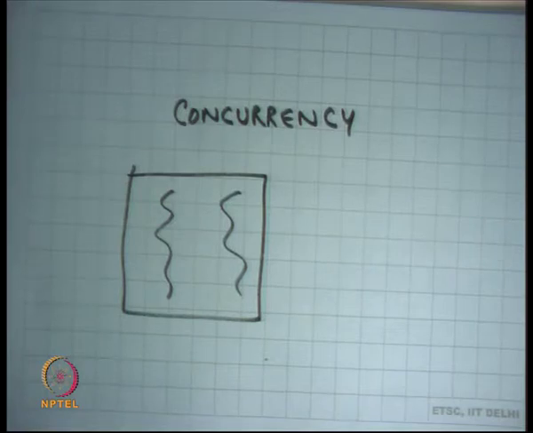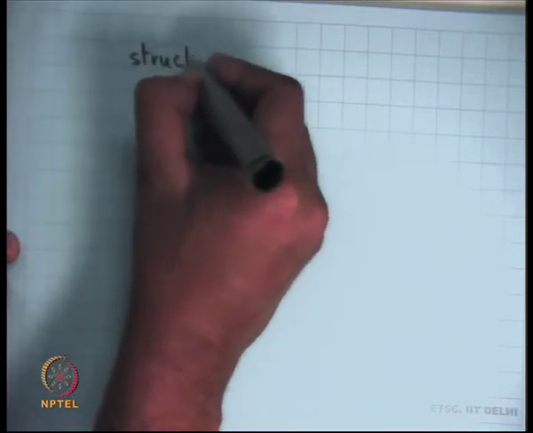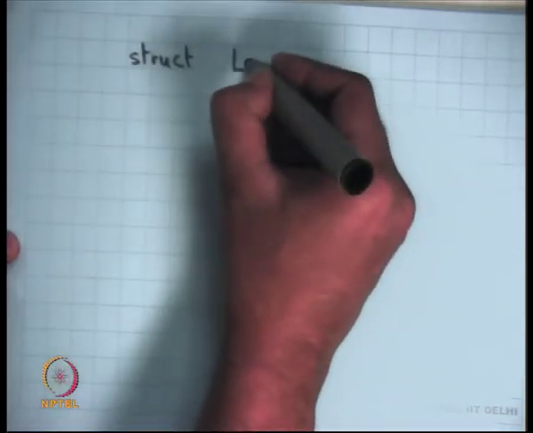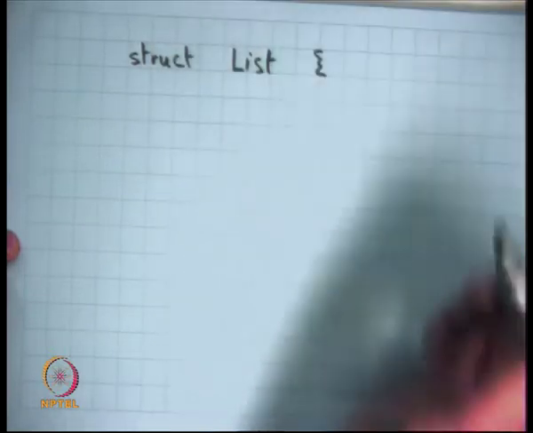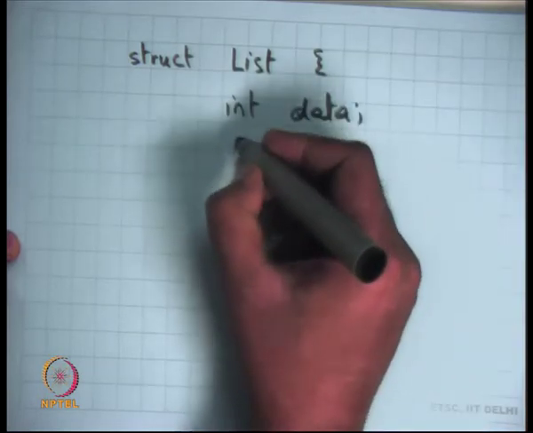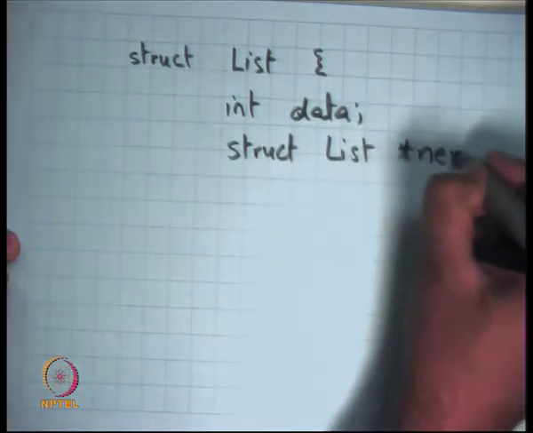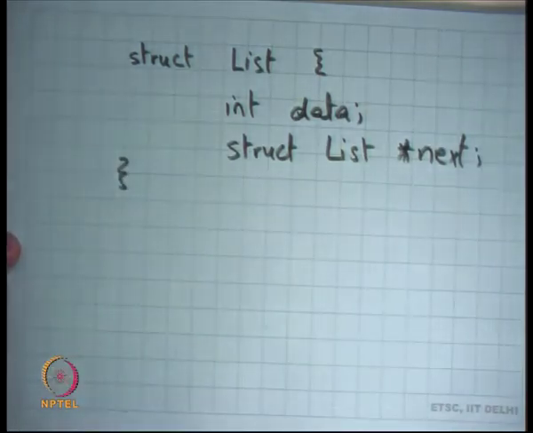Typically when we write code, we assume that we are the only one running. Let's take an example to illustrate this. I'm going to write some code that's taken from the IDE device driver of x86, which is just linked list manipulation code. The device driver for the disk in x86 has a structure called list, where each element has data and then a pointer. So it's a linked list. I'm sure you are all familiar with linked lists.